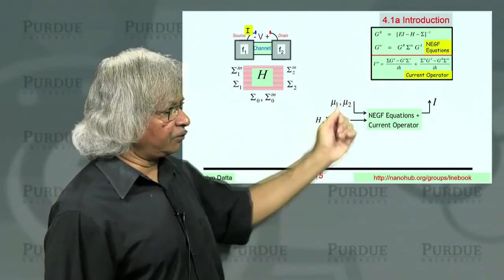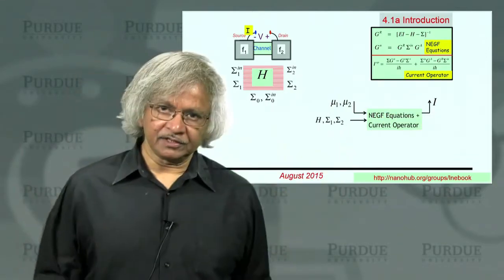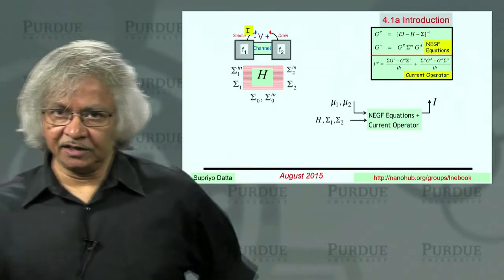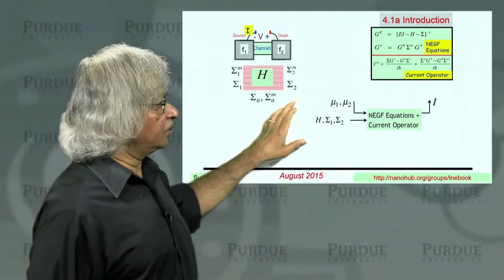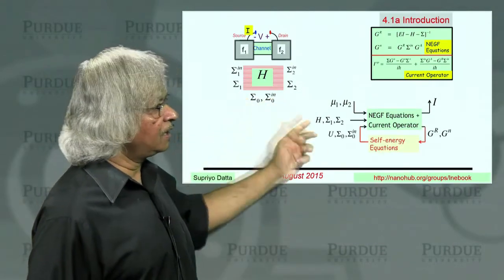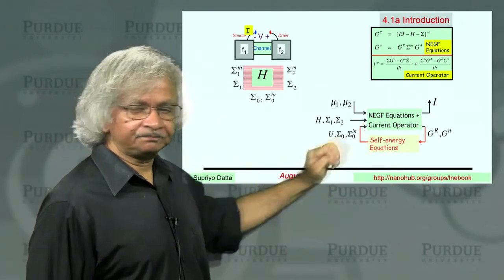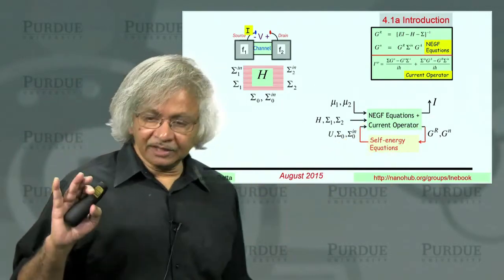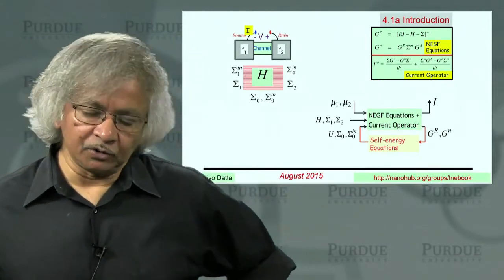use these NEGF equations to calculate the current or any other quantity of interest like electron density, density of states, etc. And in general, you want to include the interaction with the surroundings through the sigma 0, but that requires a self-consistent calculation. Now, what we'll do in this unit is we'll talk about this problem involving spin transport, and